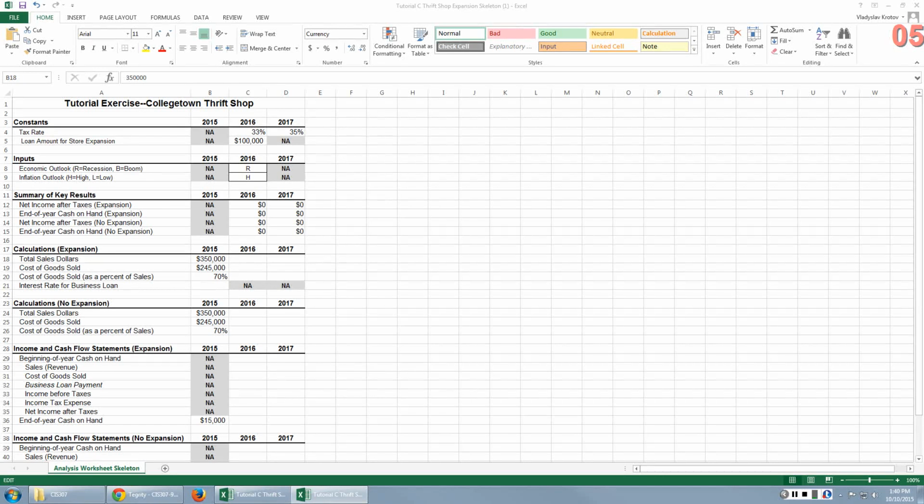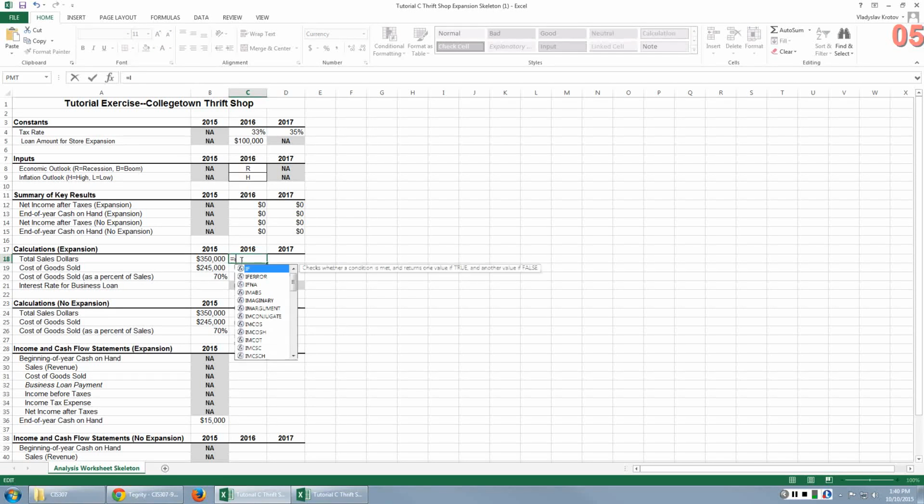Okay. So you're trying to estimate sales for the next year. Now, as it is stated in the case, your sales for next year will depend on certain inputs. More specifically, it will depend on whether you believe that the recession will continue in 2016 or not. If it continues, you're saying, if it continues. And the way you express this logical test is by saying whether this particular cell,